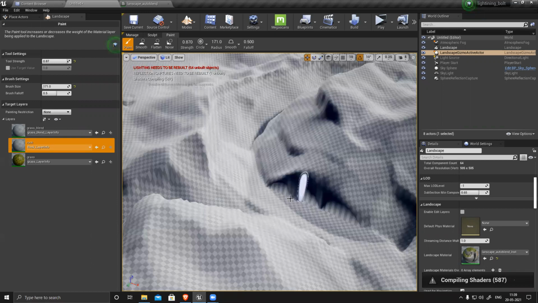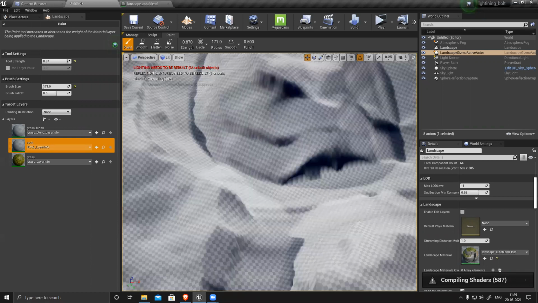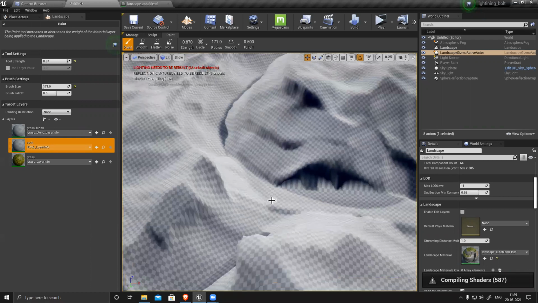Now it started to compile. So much time.